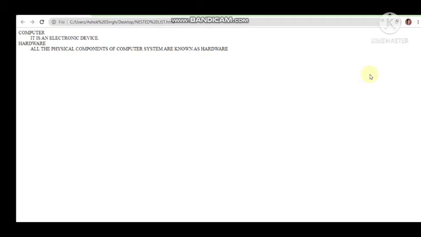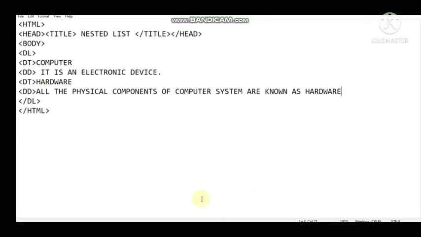Next is image tag. If you want to insert an image, we use image tag. Okay, so not in detail, but few things I'll tell about that. Suppose after this I want to insert an image, the tag for inserting an image is img tag, and it is not a closing tag, we don't have to close it, but definitely we have to specify which image you are going to insert.